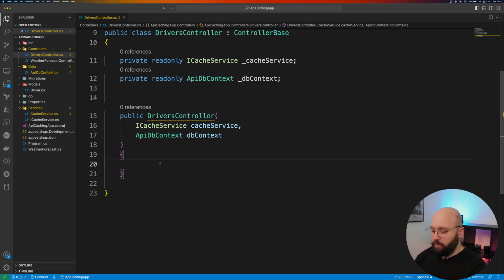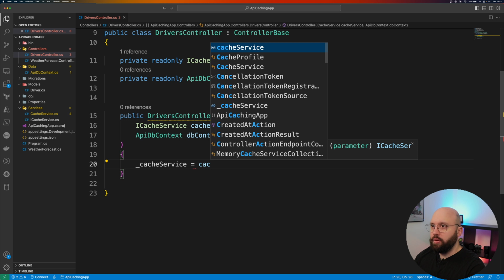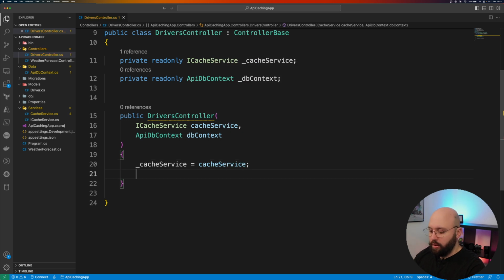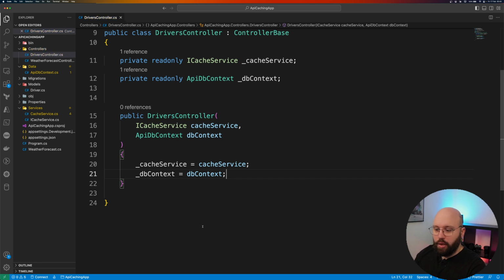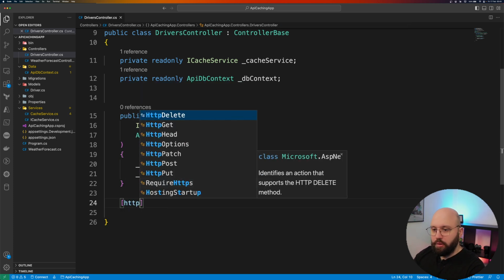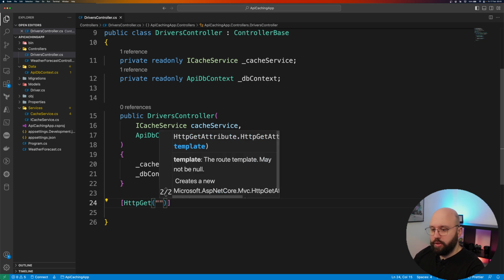And here all I'm going to be doing is putting the cache service equal cache service, and DB context equal DB context. And now that I have initialized my service, I can actually create my endpoints. So the first one is going to be the HTTP GET, and I'm just going to call this drivers,